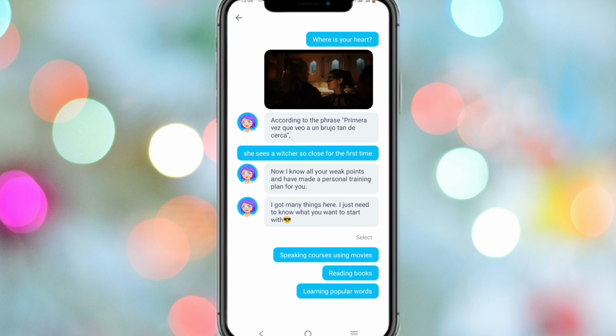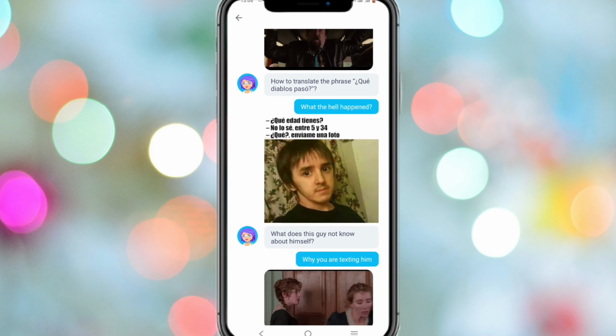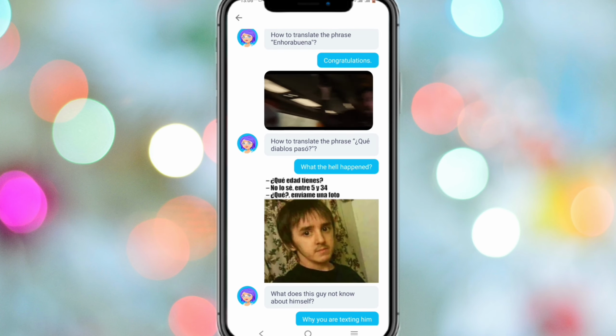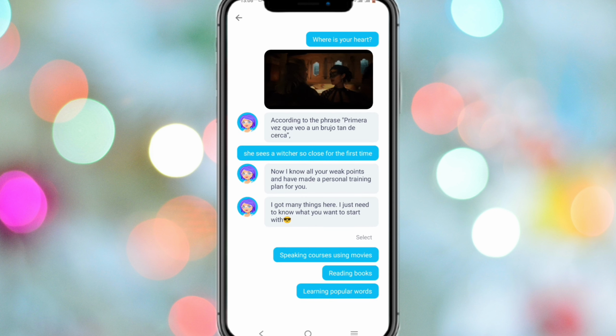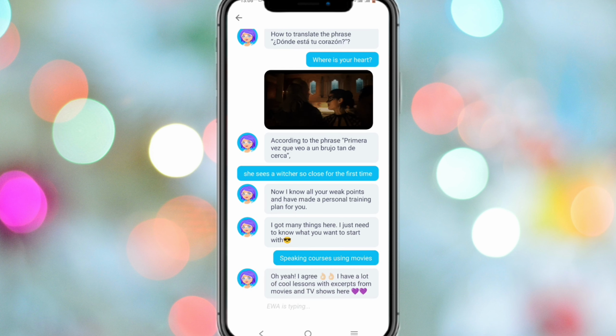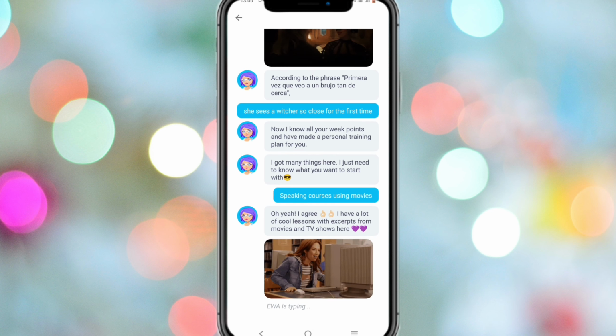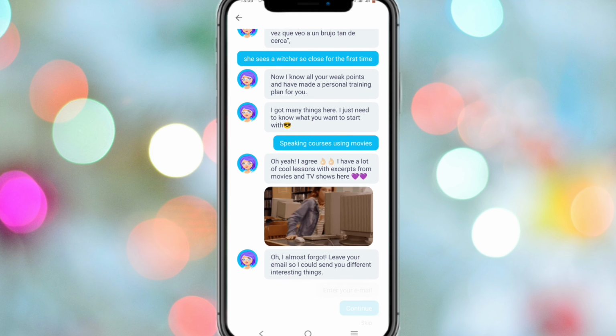So after knowing these things, they will tell you, okay, this is a short test. They will take your English in that way. If you selected English language and Hindi or something like that, they will check your knowledge. They said I got many things here, so I just need to know what you want to start. So if you want to start a speaking course using movies, you will just select it, and then you have